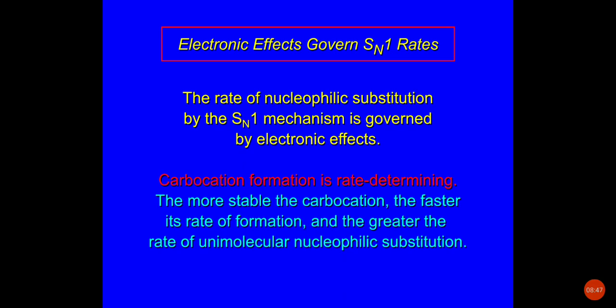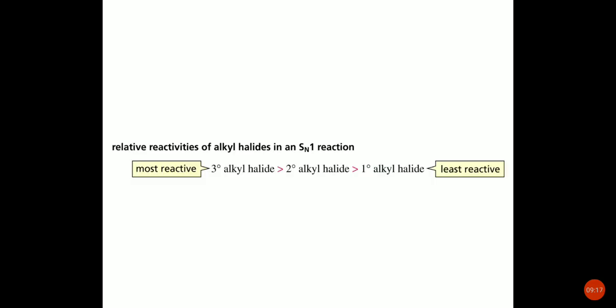So you should know what is primary carbocation. A carbon with a positive charge is known as a carbocation. So that is a tertiary carbon atom, tertiary carbocation. If a secondary carbon atom is having a positive charge, it is a secondary carbocation. If a primary carbon atom bears a positive charge, it is a primary carbocation. So if it is more stable, then the rate is also high.